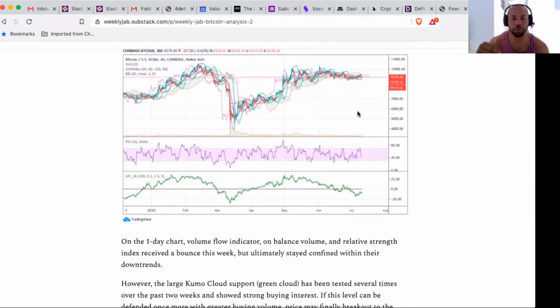And on the 6 hour chart, we see a similar thing, just from a different perspective. The volume flow has been demonstrably downward, signaling what the trend has been essentially since post-halving. The RSI trend, if you look from peak to where we're at now, has been demonstrably downward as well. And price is now back beneath the cloud and struggling to breach above resistance levels to get back into the cloud. Also, if you saw where this most recent push came, it failed to breach above this resistance level, breaking above the cloud and then dropping back through.